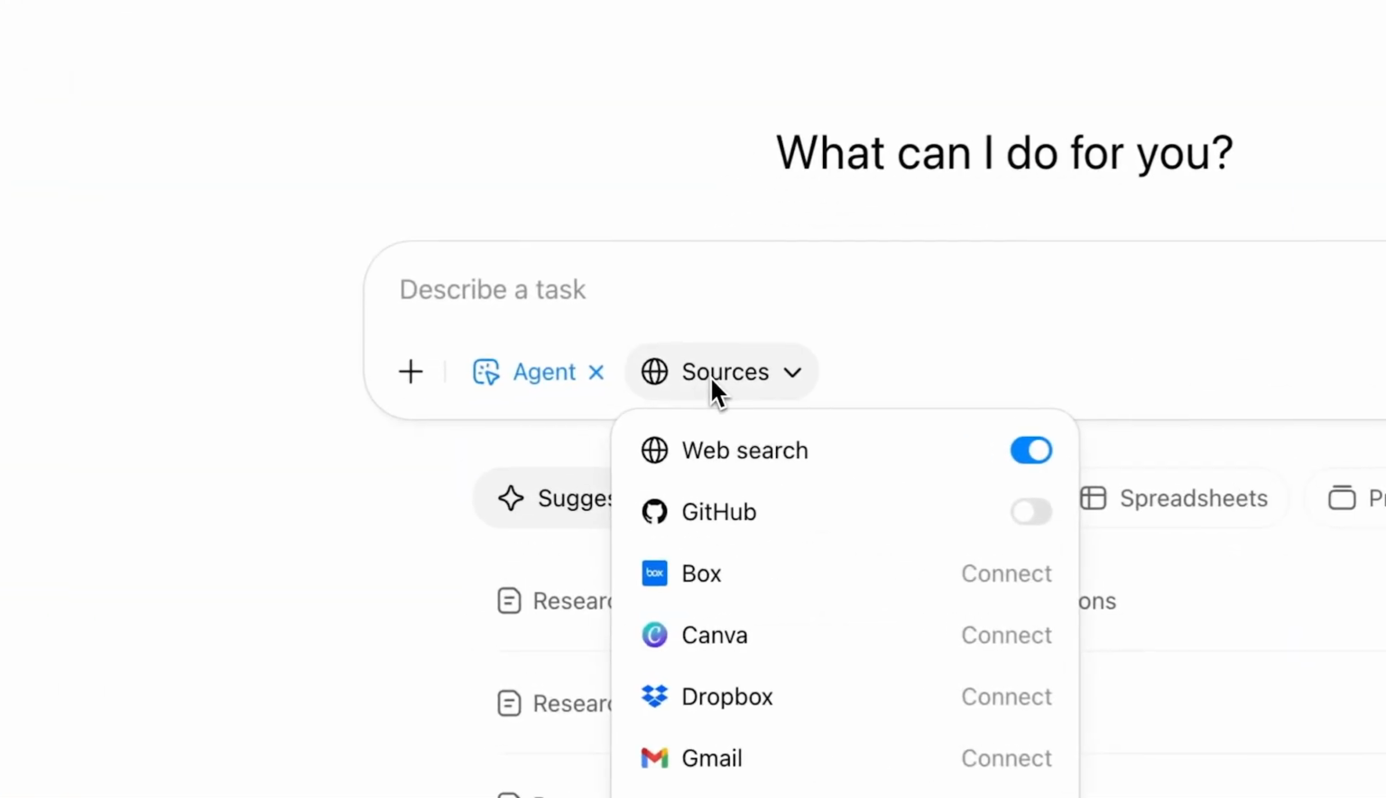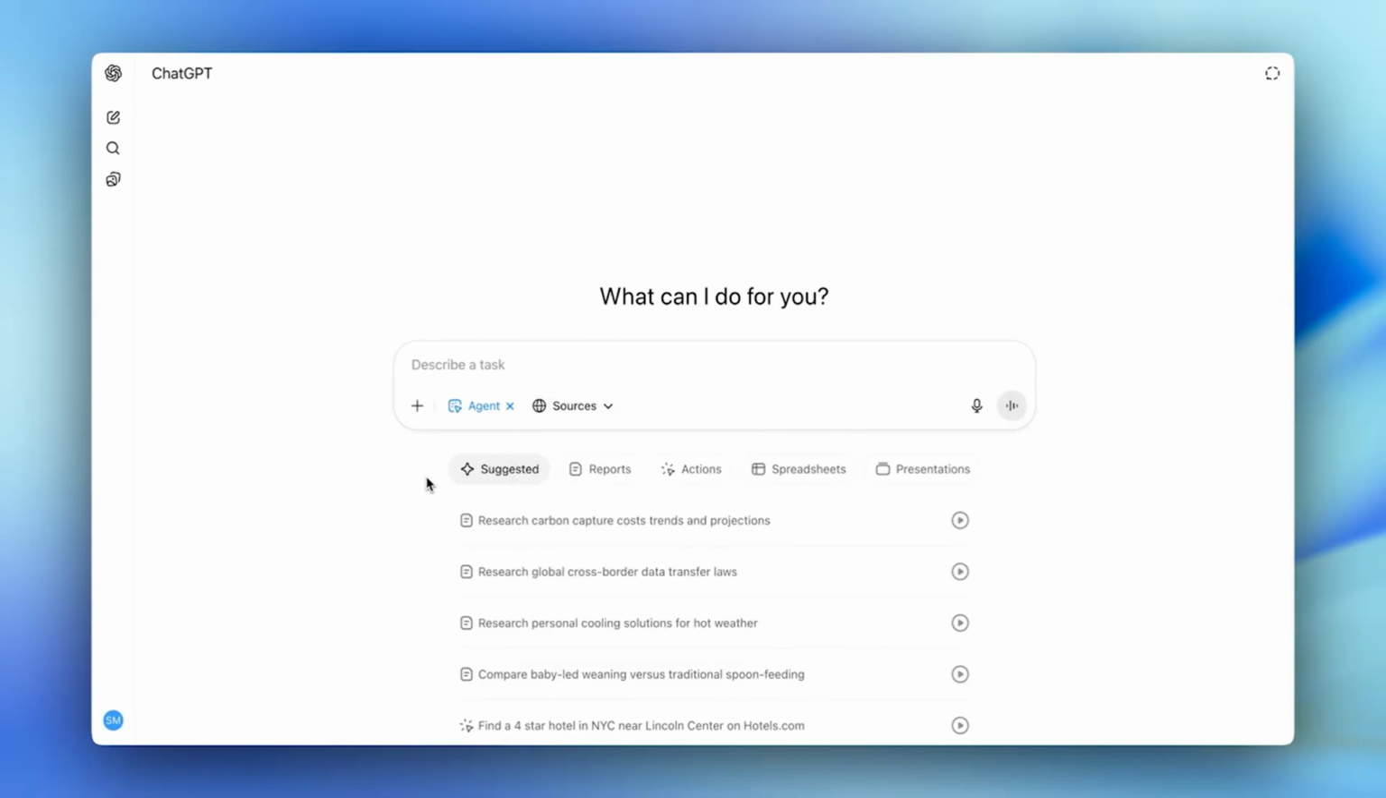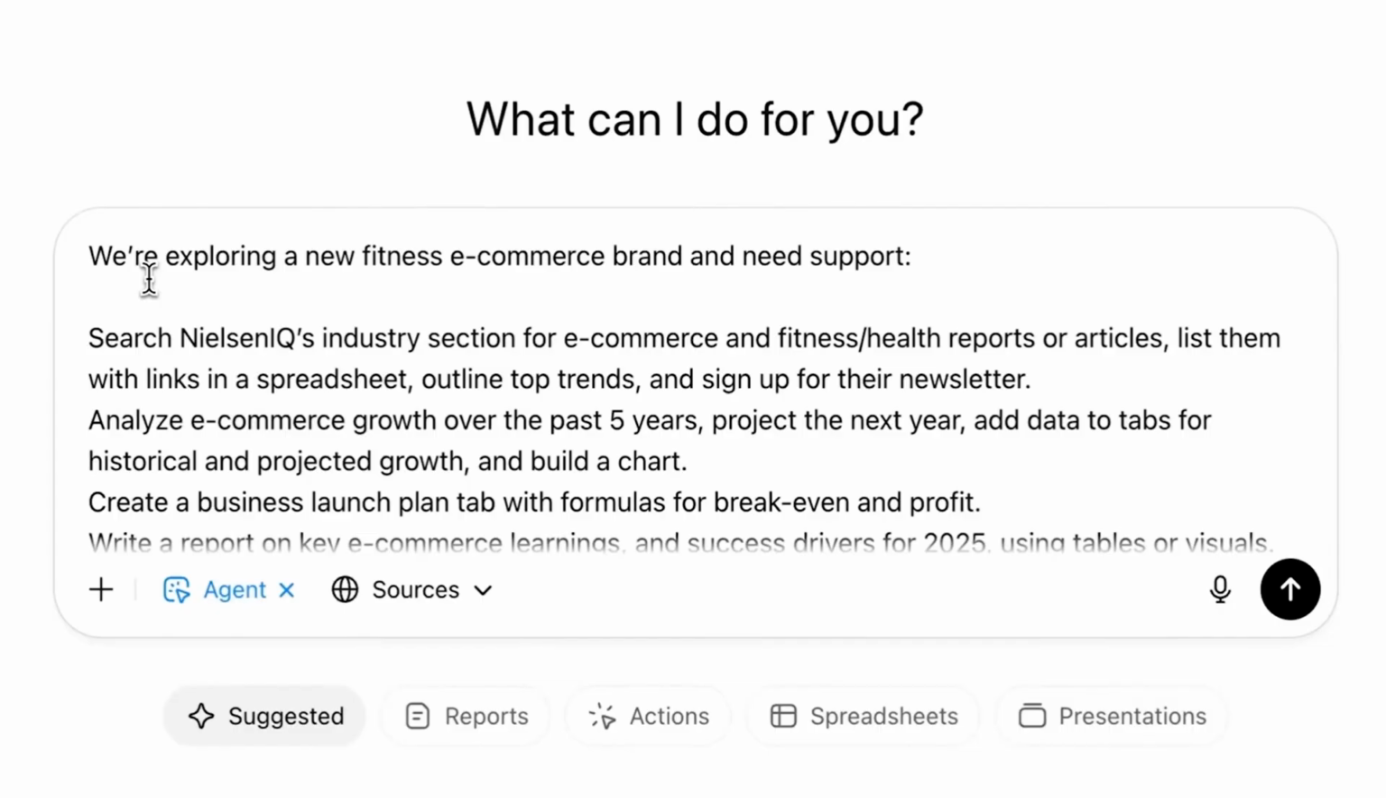ChatGPT Agent Mode, Tutorial and Review. How to use ChatGPT Agent feature. I'm going to tell you what ChatGPT Agent Mode is, how to use it, and why it might just change